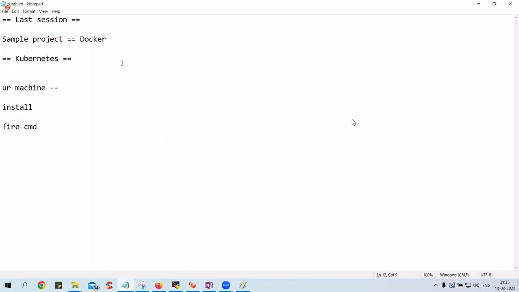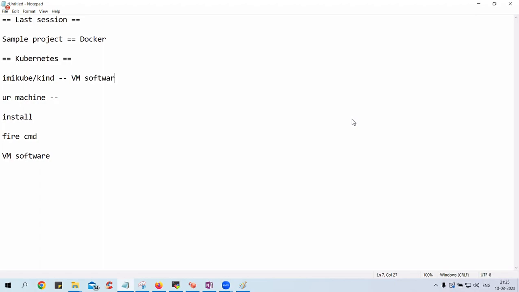Once you fire a command, it starts looking for some VM software on your computer. That is a prerequisite, guys. If you want to install Minikube or Kind, you need to have VM software on your machine, and your CPU should be dual core.